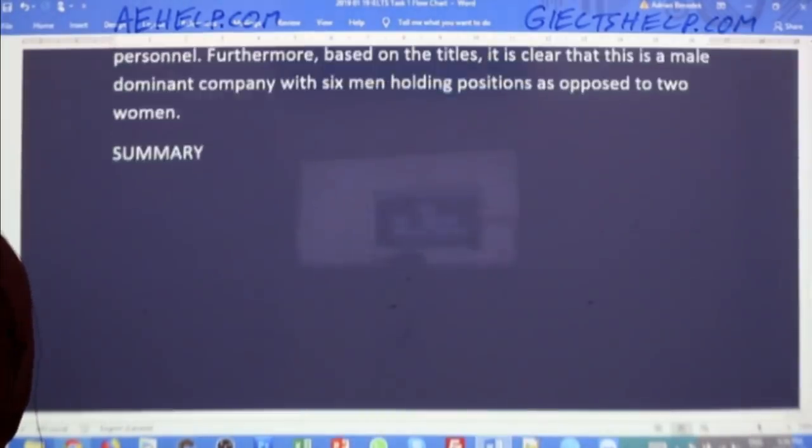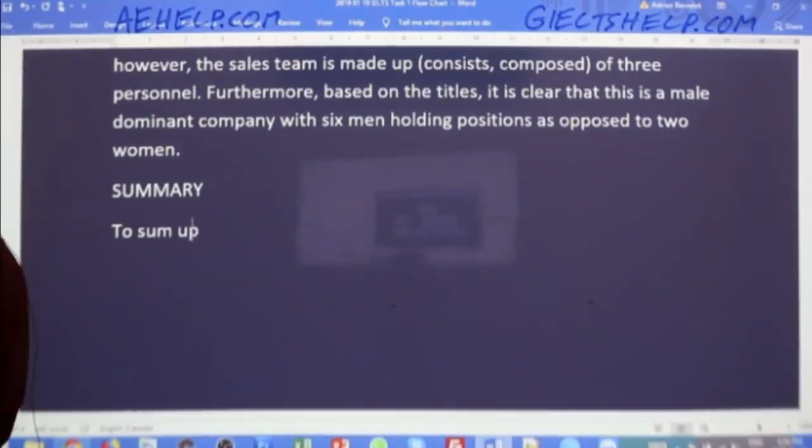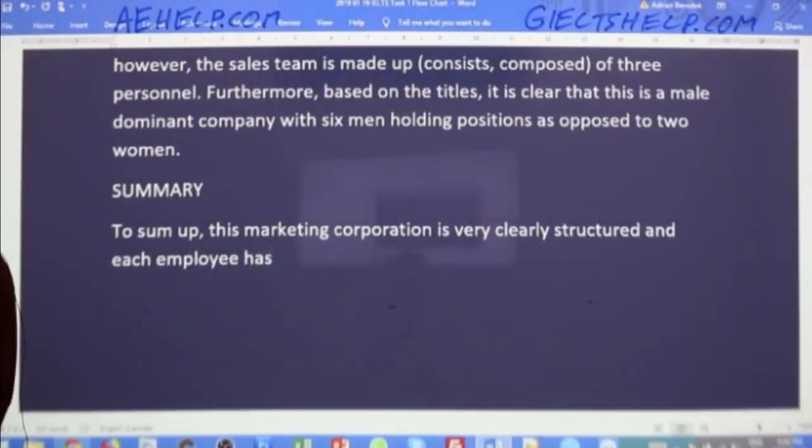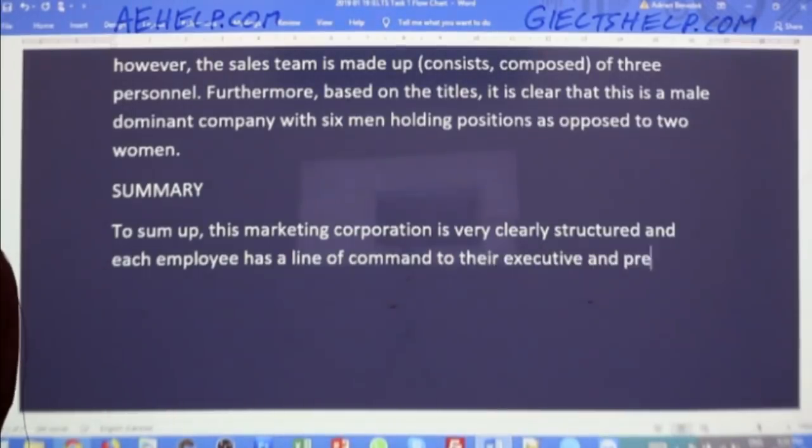So to sum up, this marketing corporation is very clearly structured, and each employee has a line of command to the executive and president.